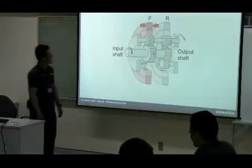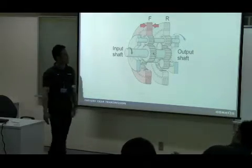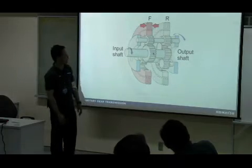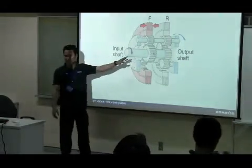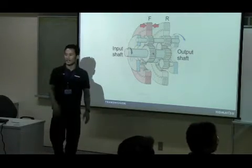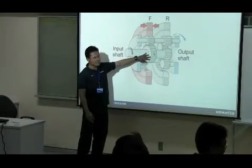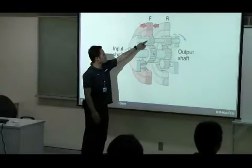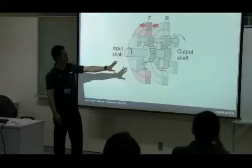Okay, the basic of the planetary gear system is embodied in this principle. I call this the planetary gear system. Why is it called a planetary gear system? Because it is like a solar system. At the center you can find the sun gear, because you can find it at the center of the system. We have here the planet gears. This sample is a directional